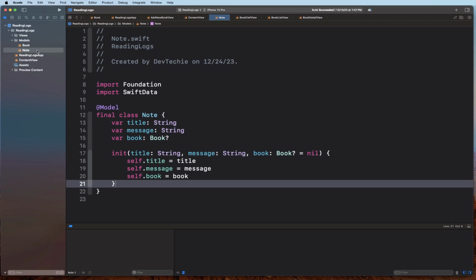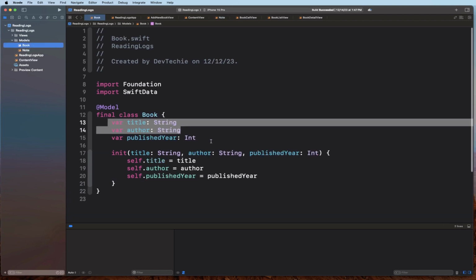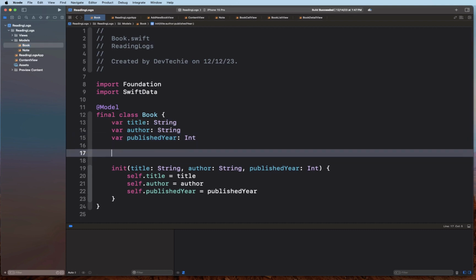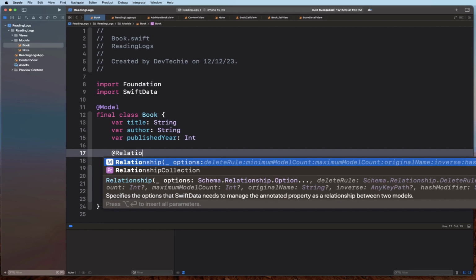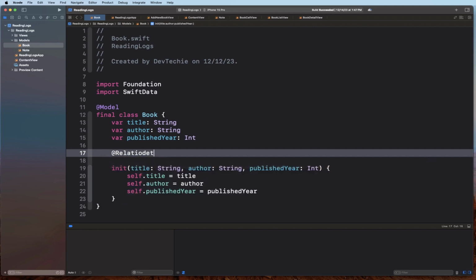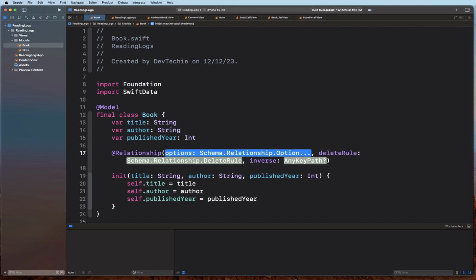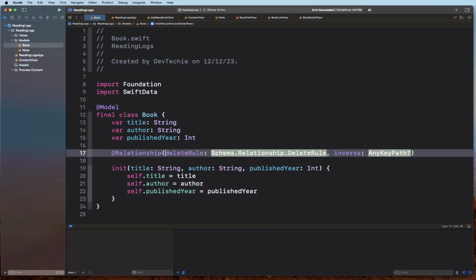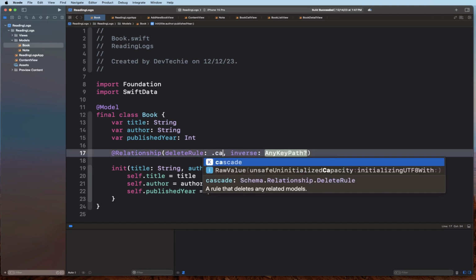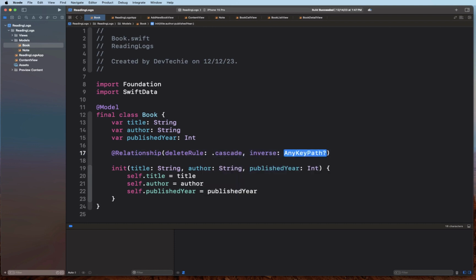So let's head over to the book model, and what we're going to do is create @Relationship. @Relationship gives us many options, like there are several options while creating the relationship between two entities. The ones that we are interested in are delete rule and inverse. So let's type those two, and we can remove the schema options. For the delete rule we can simply say it's cascade, and the inverse is